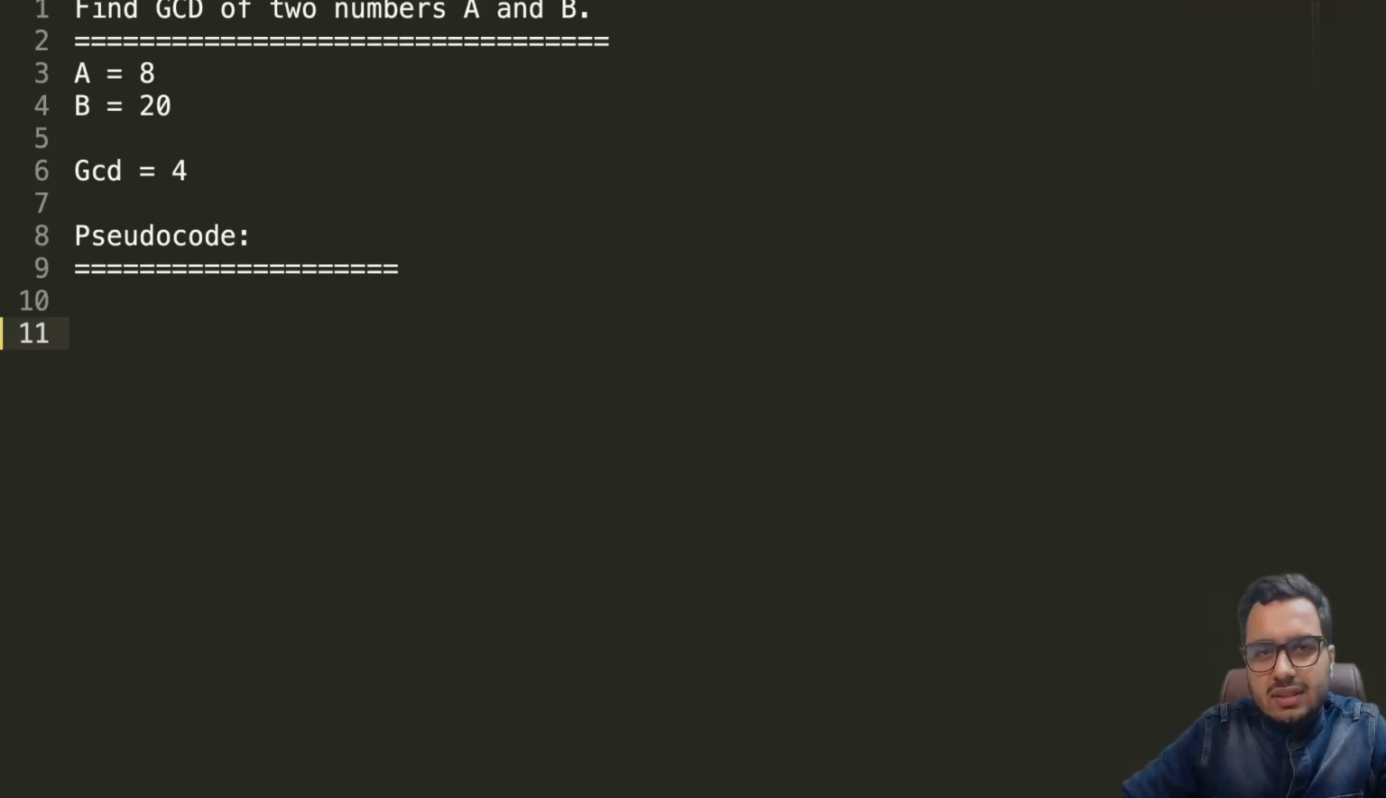Hi, so now we will discuss how to write the pseudocode for the GCD problem. Given two numbers A and B, we want to find the GCD of those numbers. For example, if the input is 8 and 20, we discussed the GCD is 4. Another thing we discussed is that in order to find the GCD, we will iterate from 1 to the